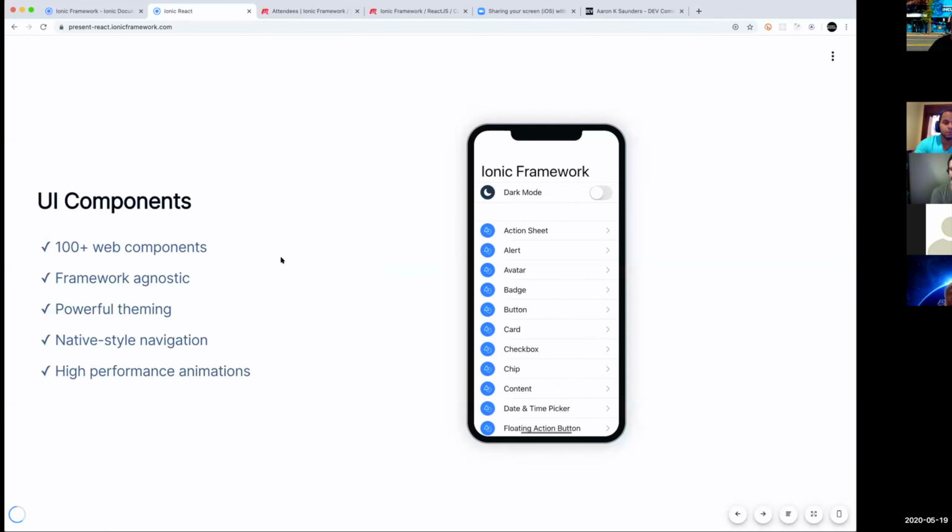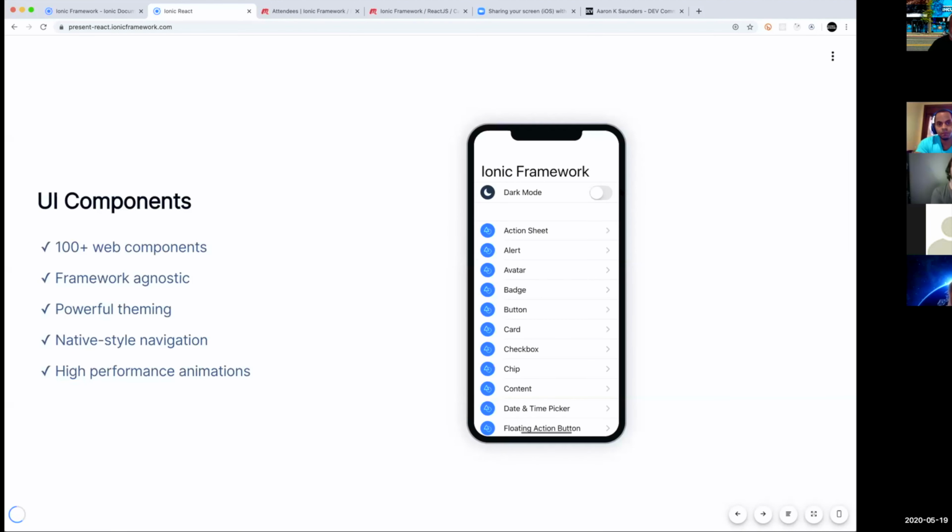As I said before, there's a tremendous number of web components accessible to you out of the box. The big thing really is this framework agnostic part, which I find really powerful for the work that I do. We could take our team who might not be that great at React or Vue, but because they are very familiar with Ionic and how the components work together, they can quickly add value on other projects and build solutions based on any JavaScript framework, just because of the core experience they have using Ionic